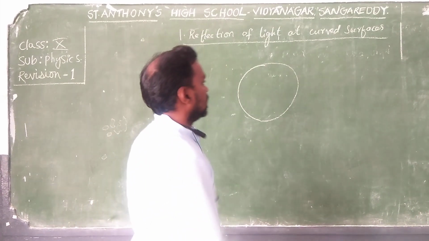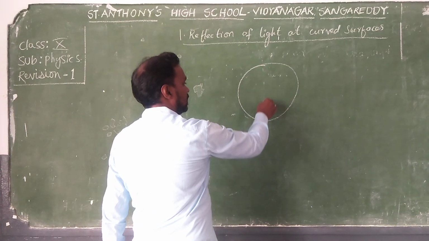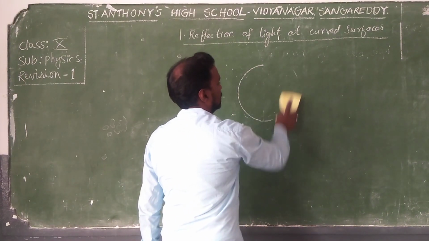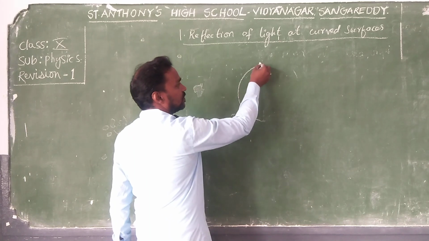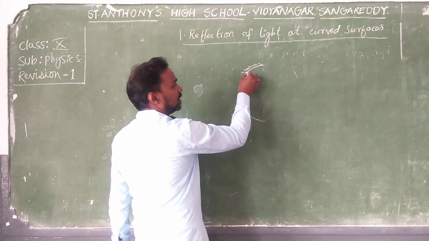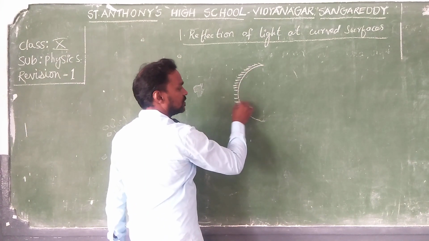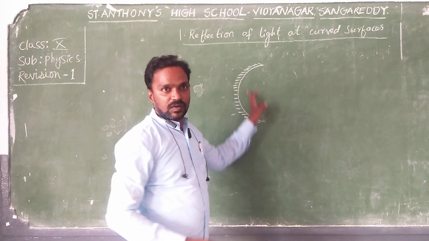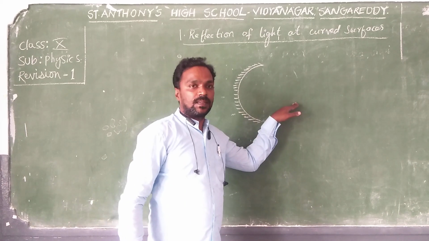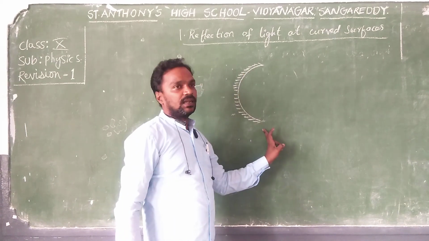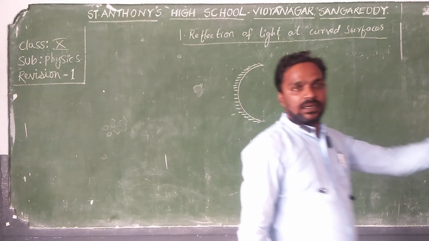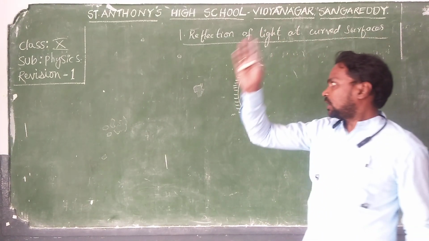In the circle, if you cut it, we have two curves. One is like this, so one curve we got. If this curve is coated outside, the inner part is not coated. That inner part is called the polished surface, and the outer part is coated. That is called the coated surface. From that, the light will not go outside, so it will not pass through.